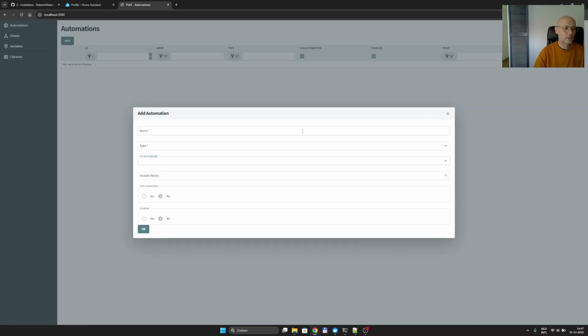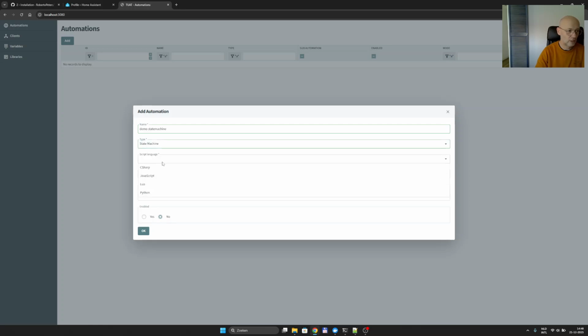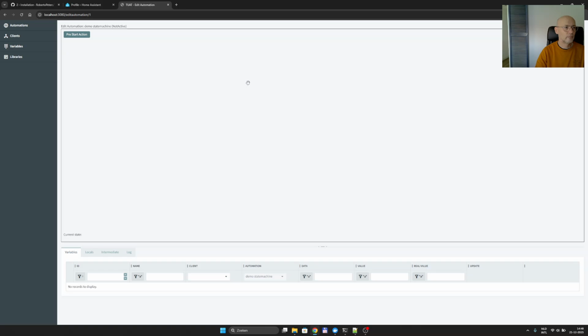Let's just create, I'm not going into too much detail, so I will say demo, state machine, just type, so for now state machine, I will use JavaScript. Library will be shown later what that is. It's not really the issue right now. So sub-automation, no. Enabled, not yet. Because I want to show you this screen,